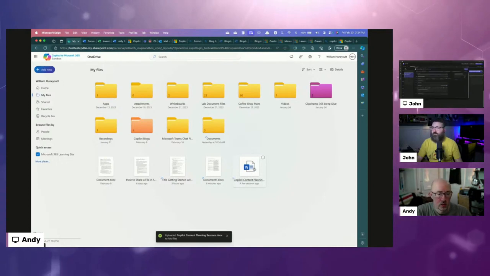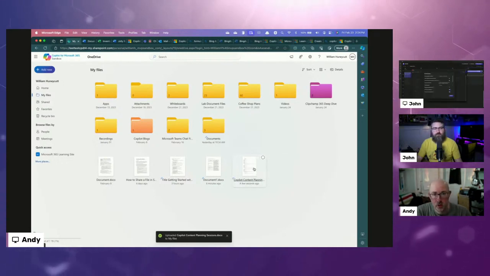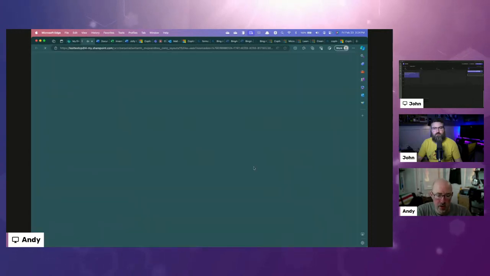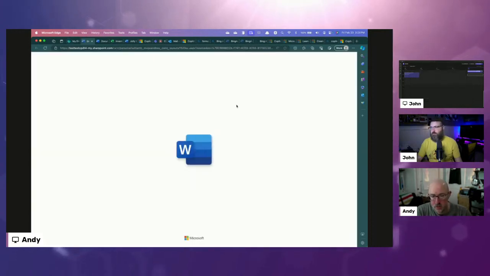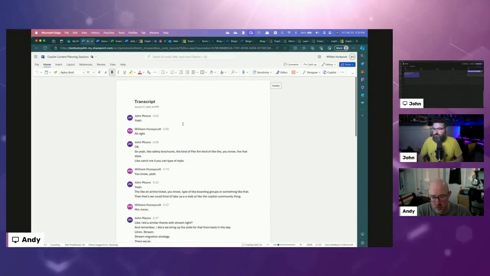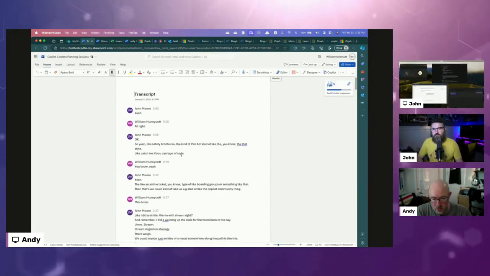Now you're going to be able to open it up and you can ask questions, you can summarize, you can generate an FAQ. So if the meeting's over, you can still go back and Copilot against that. And that's how you can do that, by going and pulling the transcript as a file. And you see it's back and forth